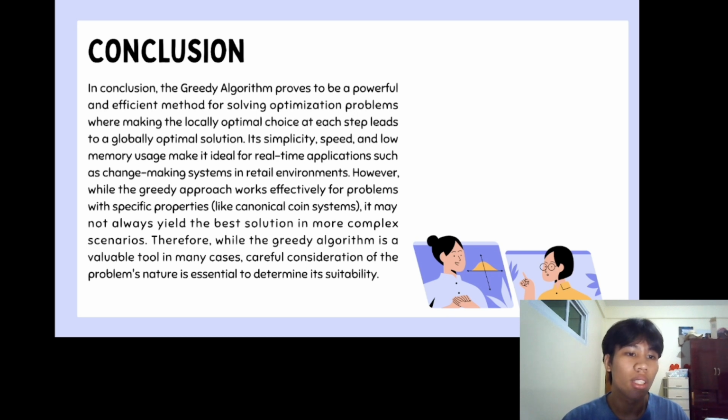To conclude, the greedy algorithm is highly effective in scenarios like this. The greedy algorithm proves to be a powerful and efficient method for solving optimization problems. Making the locally optimal choice at each step leads to a globally optimal solution. Its simplicity, speed, and low memory usage make it ideal for real-time applications such as change making systems in